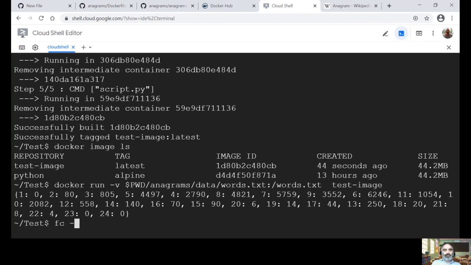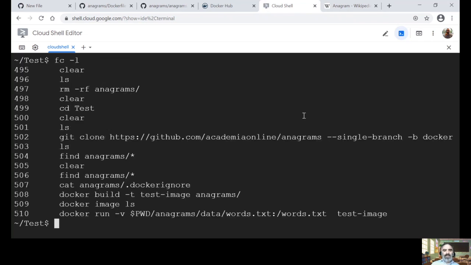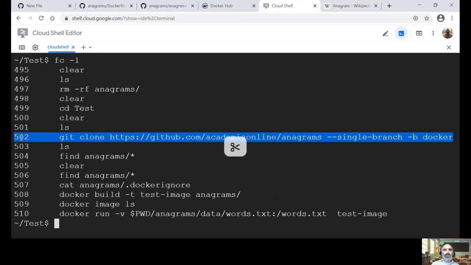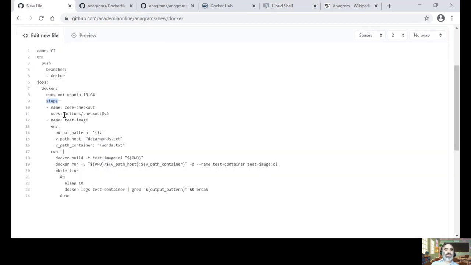In this step that you can see here in line 502, I have specified that I wanted to clone the Git repository in the location github.com/academiaonline/anagrams, single branch Docker. This is what is going to happen when you use this step code checkout, because it uses this API actions/checkout version 2 that will clone the code of your branch